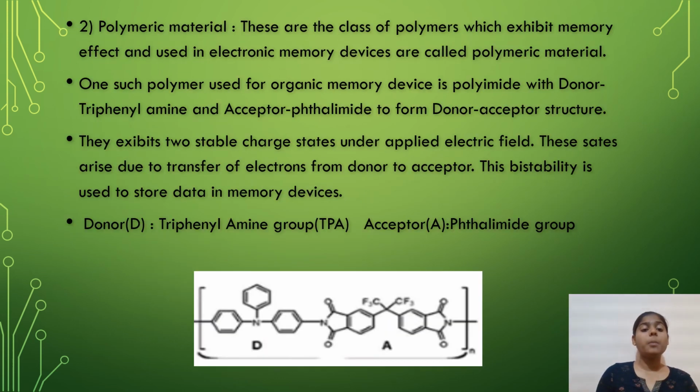Now, the second type of memory device, that is polymeric material. These are the class of polymers which exhibit memory effect and are used in electronic memory devices, called polymeric materials. One such polymer used for organic memory device is polyimide with the donor triphenylamine and acceptor phthalimide to form a donor acceptor structure. They exhibit two stable charge states under applied electric field. These states arise due to transfer of electrons from donor to acceptor. This bistability is used to store data in memory devices. Donor is the triphenylamine group and acceptor is